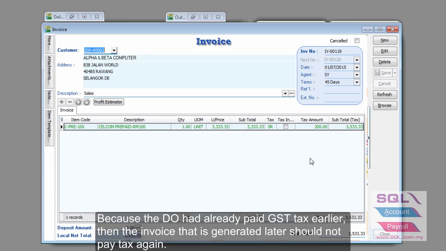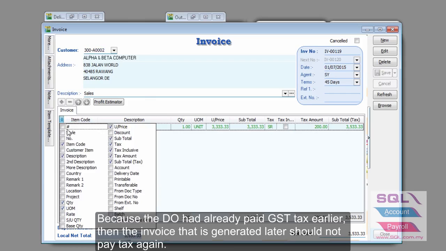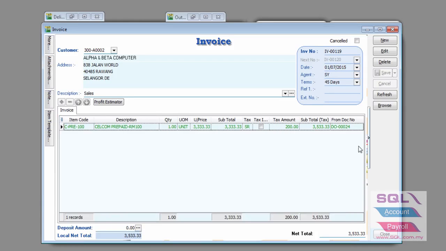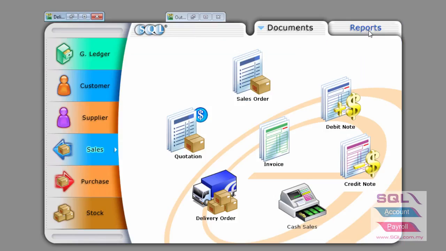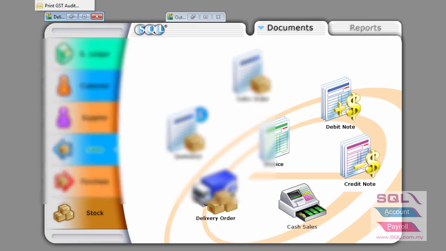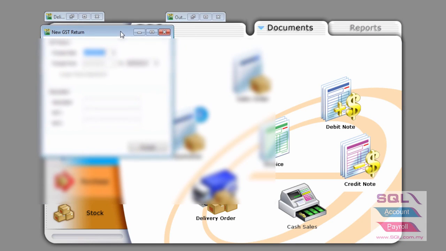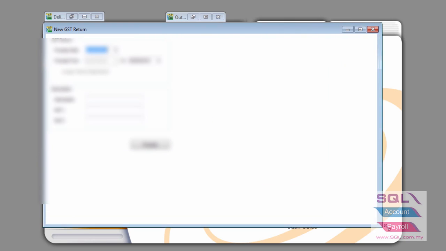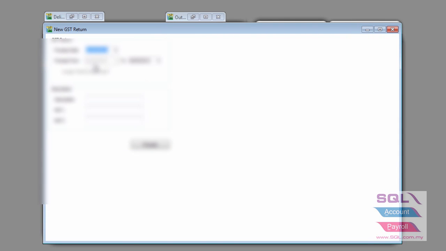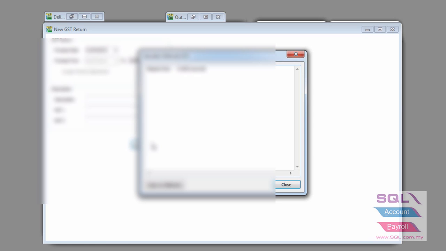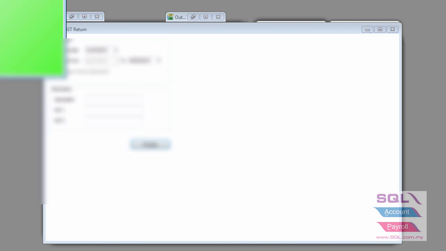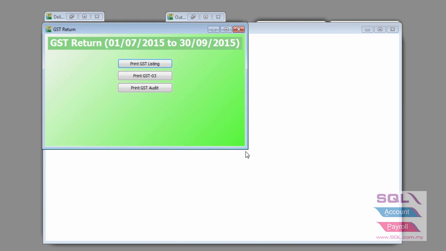But if you recall, our delivery order has already generated a tax amount. So in theory, this invoice should not generate any more tax. So as you can see here, it generates from the delivery order earlier. So if I do choose to go to GST return and do a new return one more time from July to September, and I run process, you will notice that in the GST listing,